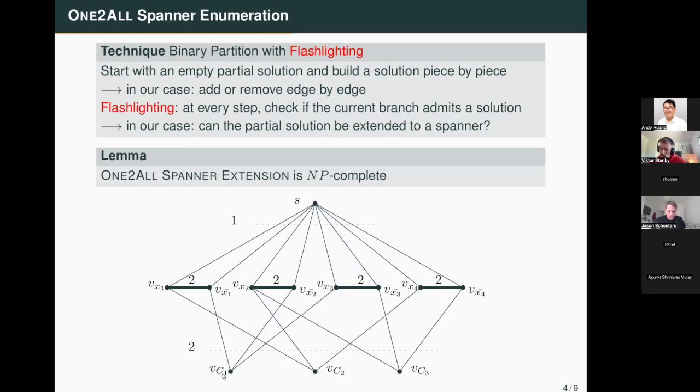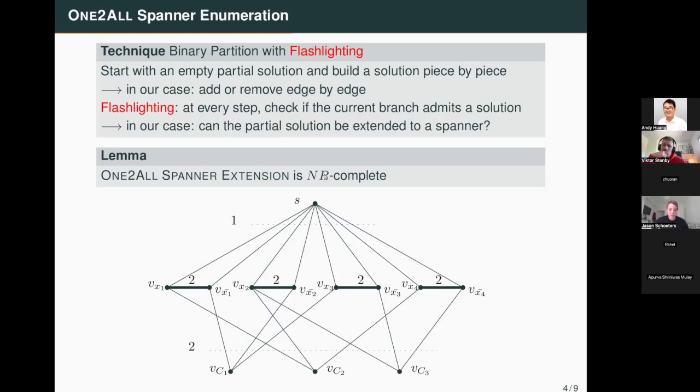So here in SAT, you have the clauses at the bottom, and you have the corresponding literals or variables in the middle. And then the reduction that we do is we put S here, and then we basically tell it to make a choice between selecting the positive literal or the negative literal. Because if it chooses the edge that goes to the positive one, then it cannot choose the other edge, because otherwise the solution would not be minimal, as in 2 would not be necessary. But that's a contradiction because 2 is forced. It's already part of the partial solution. So that's the little technique that we use.